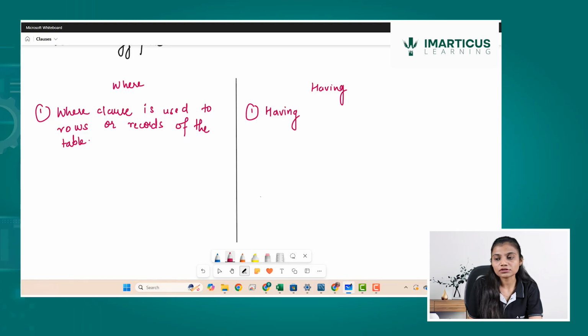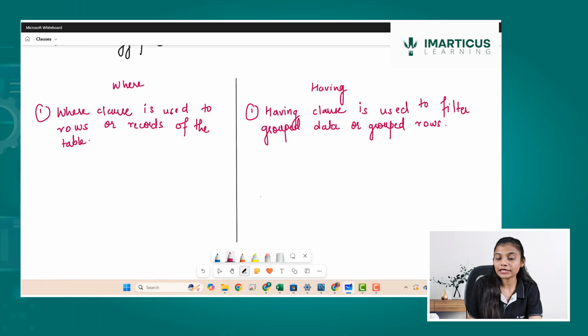The having clause is used to filter grouped data or grouped rows from a table.